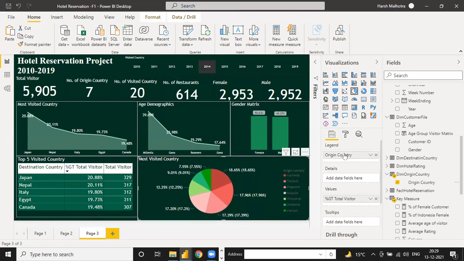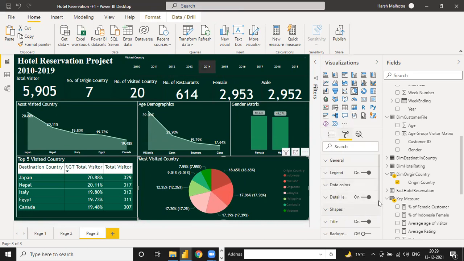So we have the most visited country, and you can just change the title of visitor for most origin country. Okay, like this. And see, if you change this, this is the legend.